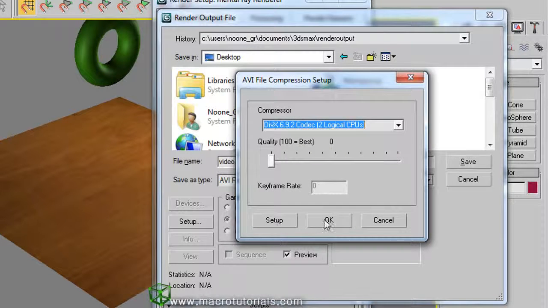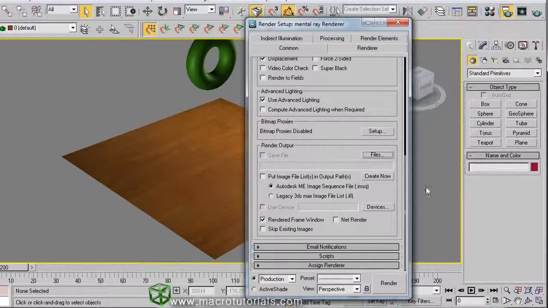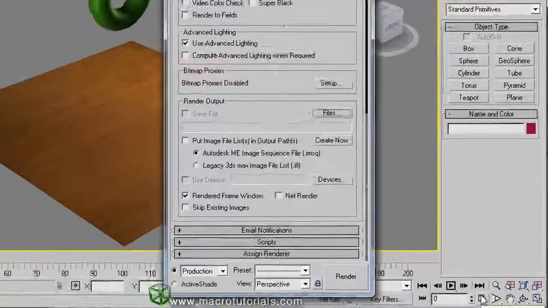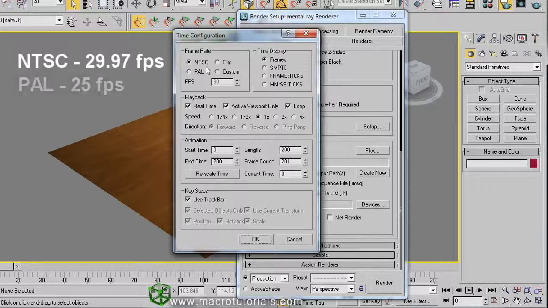But first let's configure our video settings. So, click on Cancel. Again, Cancel. Without closing, click on Time Configuration here. In this window we can set different things for our video. At the beginning of this tutorial I told you about the video modes such as NTSC and PAL. Here you can select if you use the NTSC video mode with 29.97 frames per second or the PAL mode with